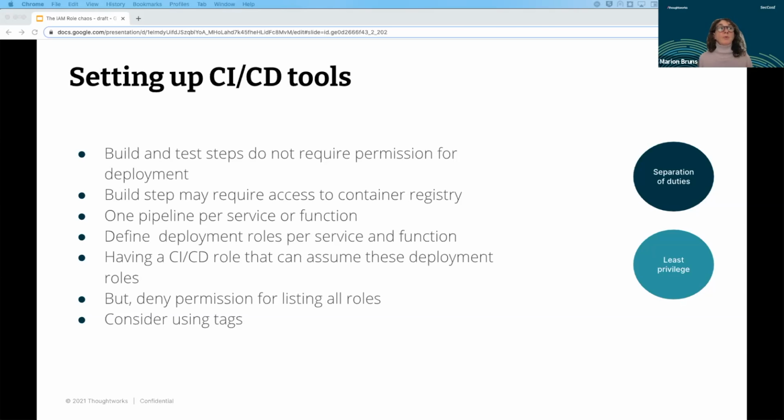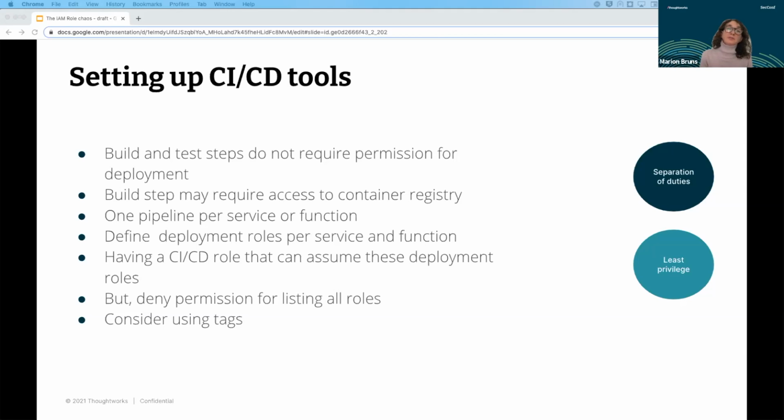Define a deployment role per service and function. Sounds like a lot of effort? Yes, it is, but it is worth doing. Have a CI/CD role that can assume these deployment roles, and then you think, okay, what is the difference? It can assume the role.